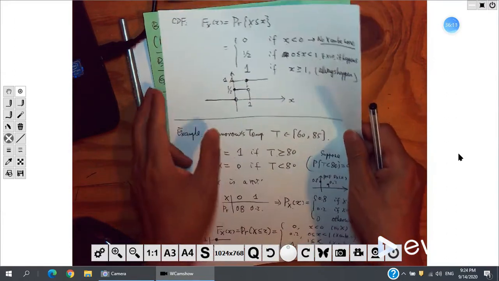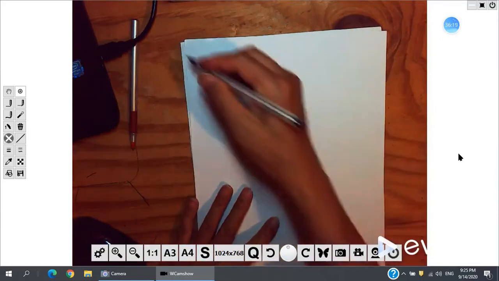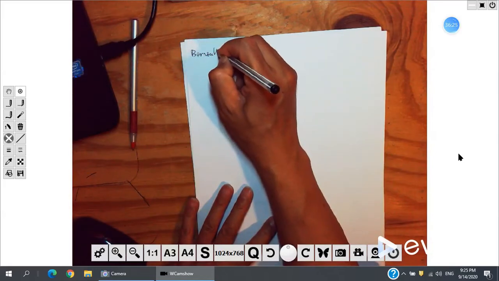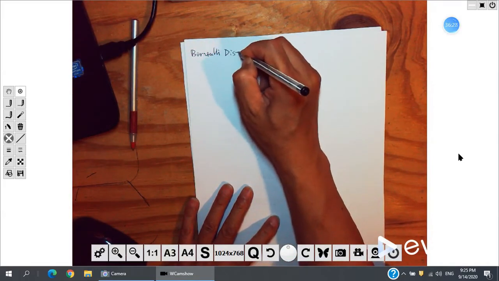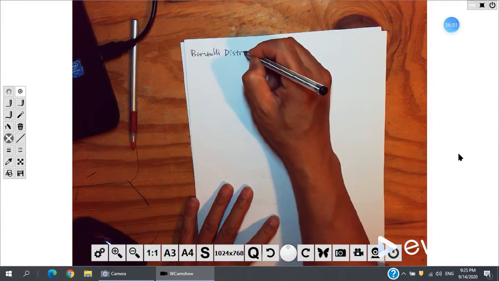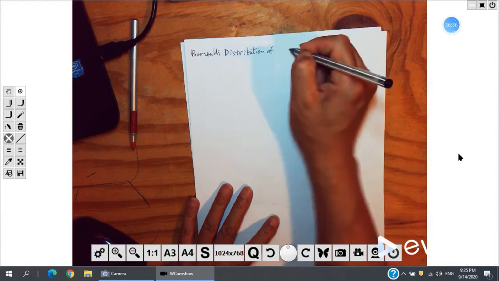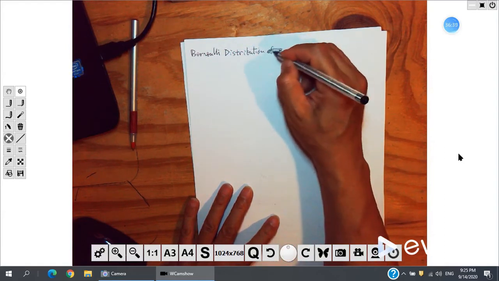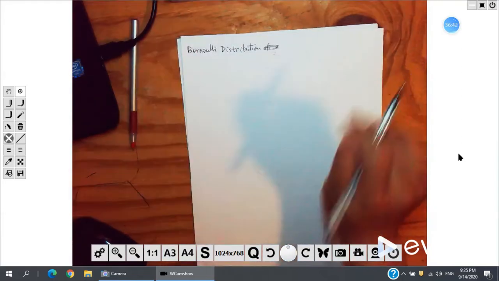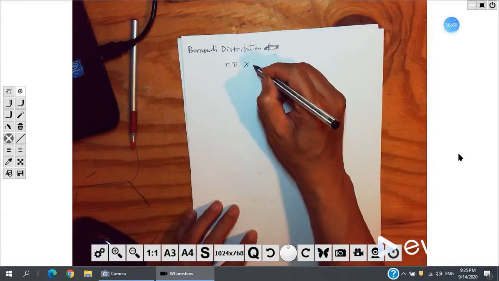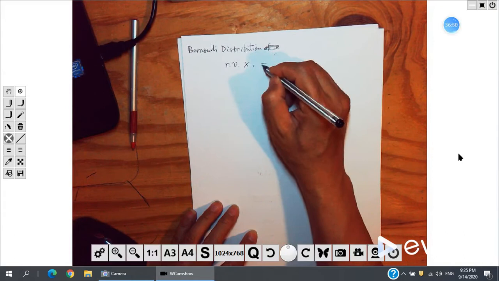And then generally we can have a definition we call the Bernoulli distribution. That means we have a random variable X. Its value will be 0 or 1,